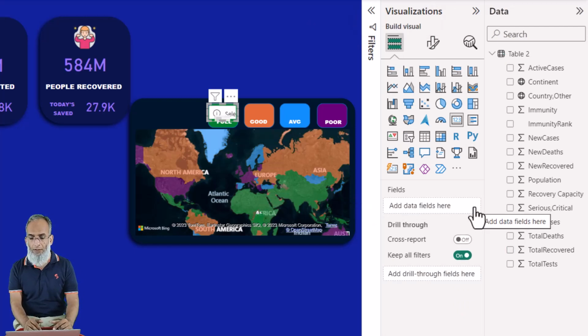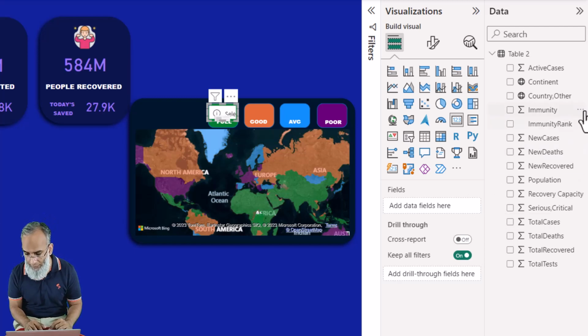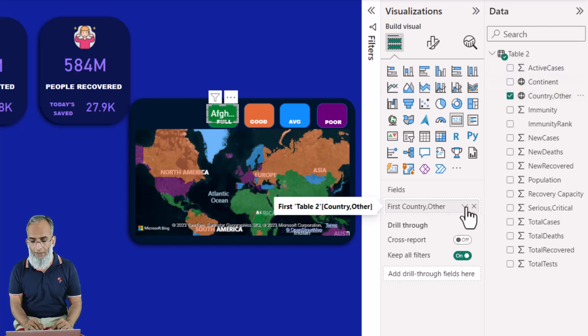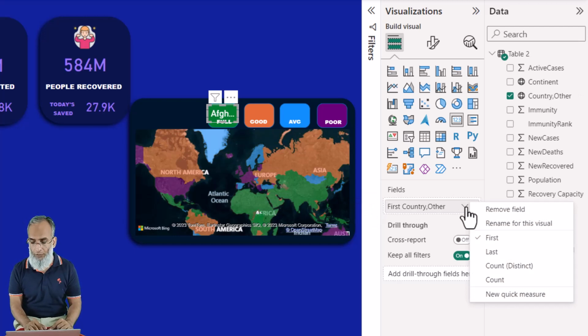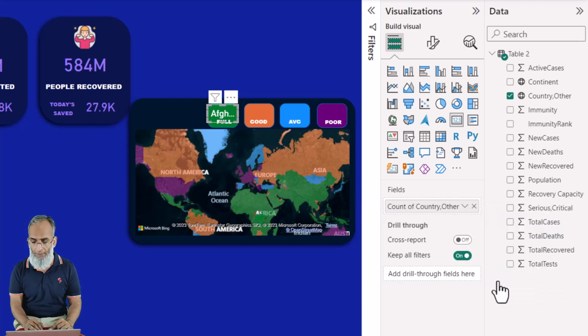So this is basically countries with full immunity. So we have to give the count of country and click the country field. So it is saying that it has selected the first country. We need to have a count of the countries. And now go to filters,